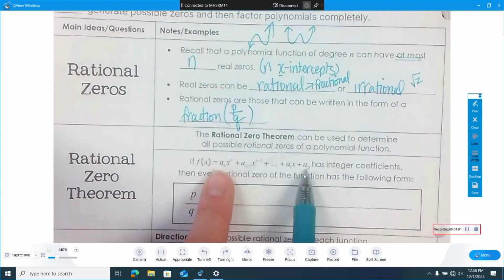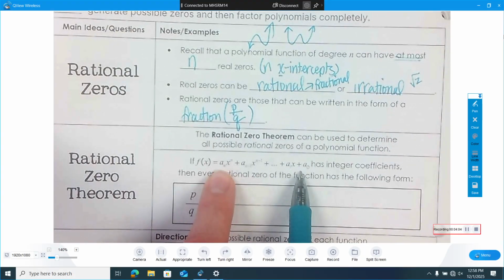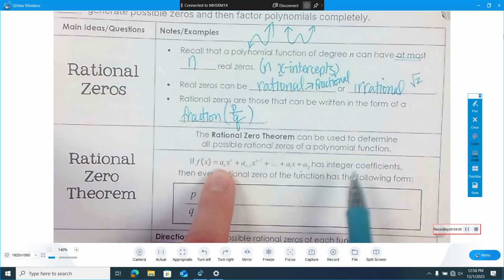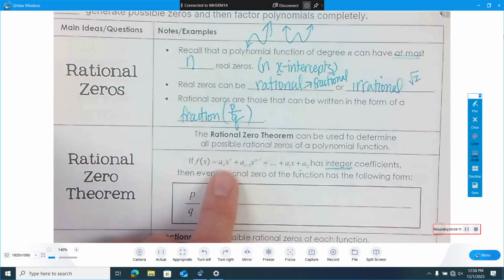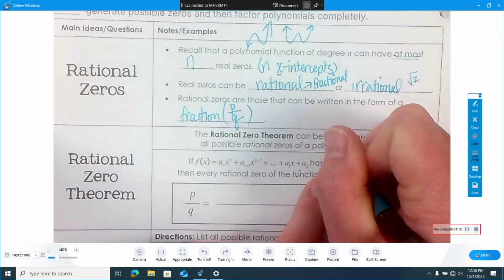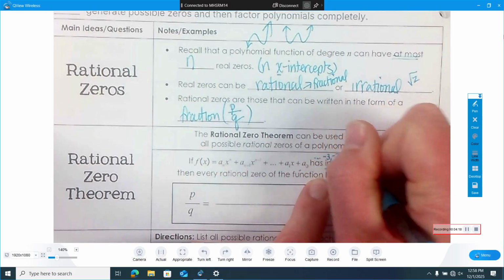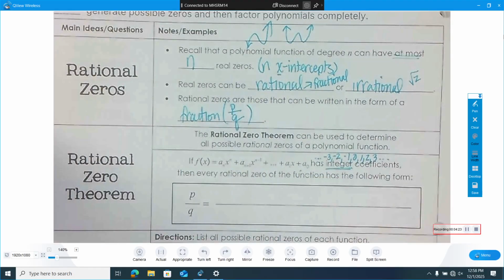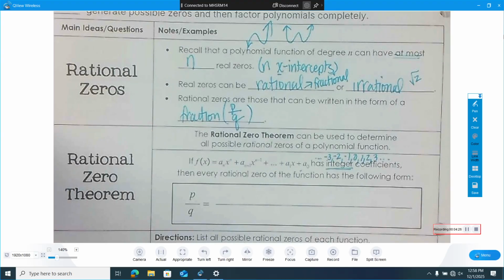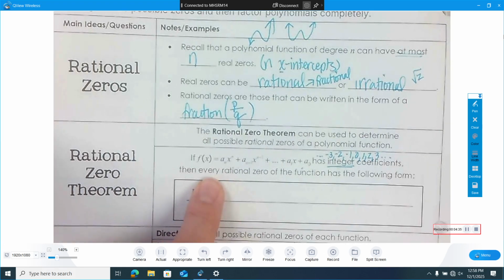And if I have some polynomial, this is its general form, if a polynomial has integer coefficients, what are integers? Positive or negative whole numbers. So negative 3, negative 2, negative 1, 0, 1, 2, 3. So integers are the positive and negative whole numbers. Okay. So if we have nice, pretty integer coefficients, numbers in front, then every